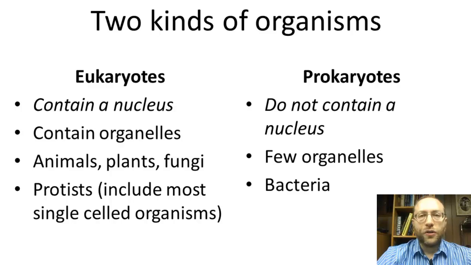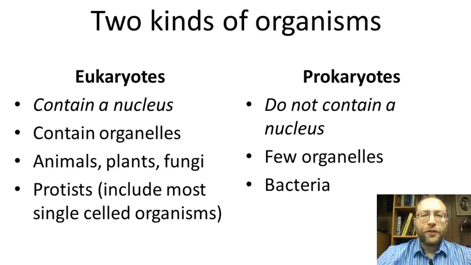Protists include single-celled organisms like the euglena that we saw and the paramecium that we saw. The group also contains many multicellular organisms like multicellular algae, say the seaweed that they wrap around